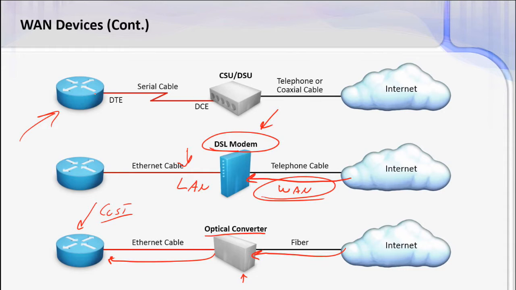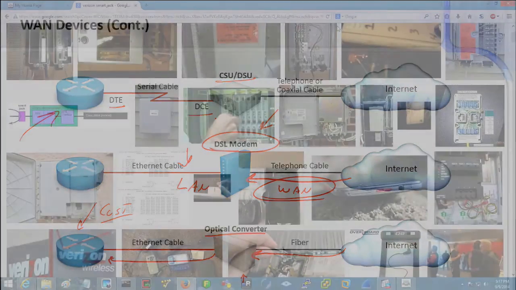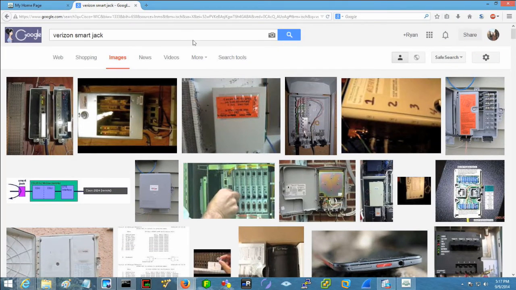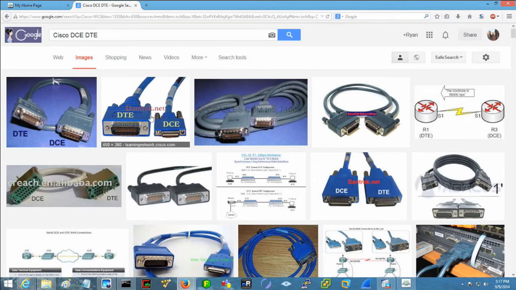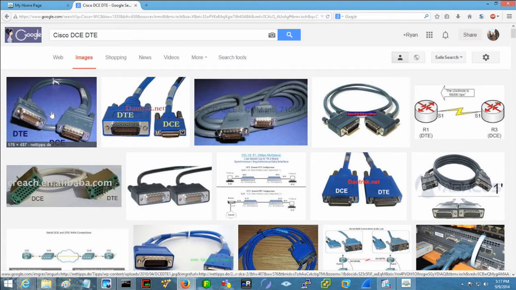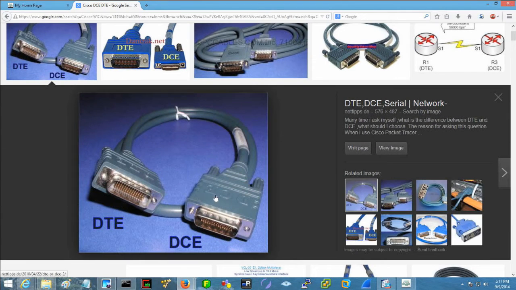What we do is we connect our router to the CSU DSU. A serial cable, if you looked at it, has two ends that are marked DTE and DCE. So let's take a look at those real quick. There we go. So there's a close-up of what it may look like. And here's another one. It's a little bit blurry, but in the rubber housing for this connector, it says DCE on one side and DTE on the other side. So there's a specific way that this cable is supposed to be set up.